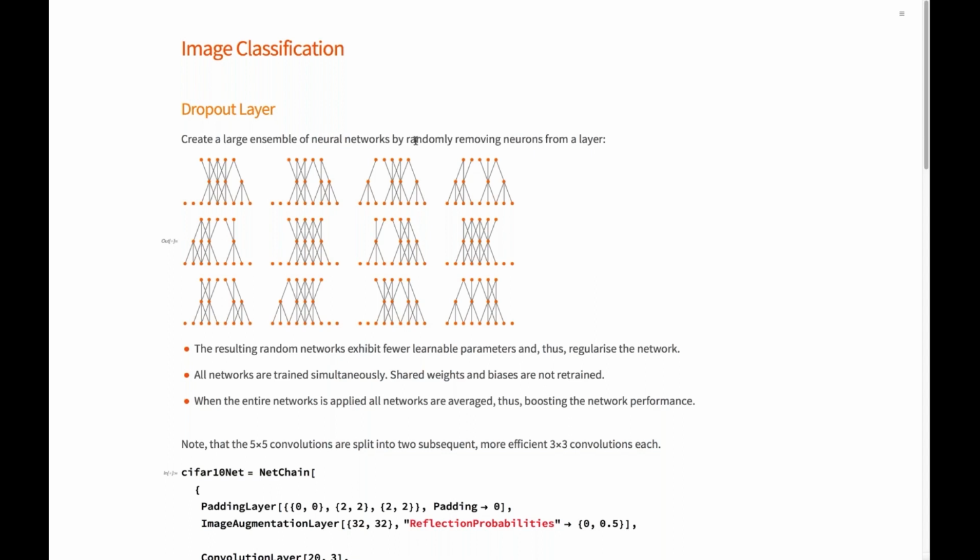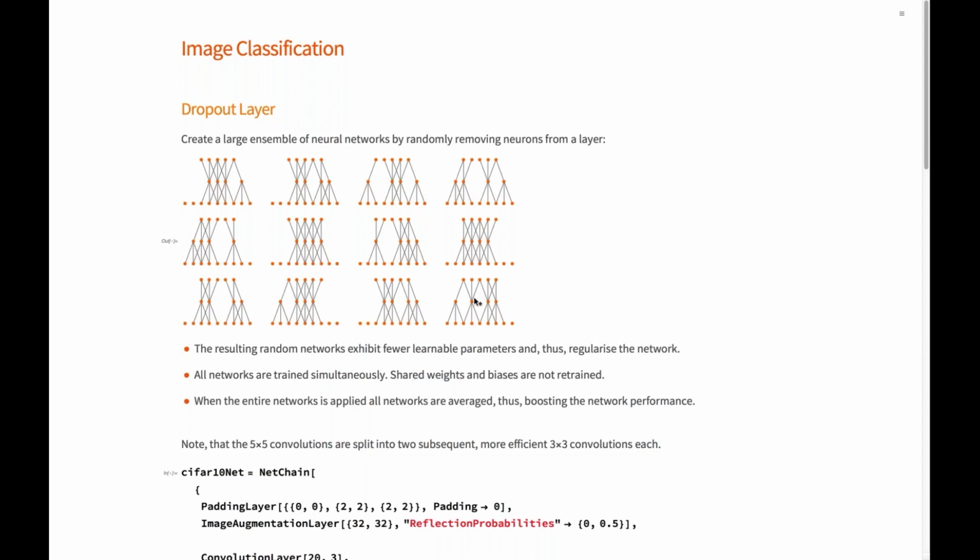In order to make the whole thing faster, there is the idea of dropout layers. You essentially take a network and randomly kill certain neurons in a layer, let's say 50% of the ones in the hidden layer, or a certain percentage whatsoever, and thereby you randomly generate all kinds of networks, and those you can train all at once in NetTrain, because the dropout layer works while you're training.